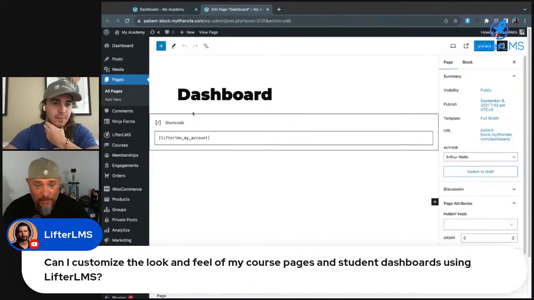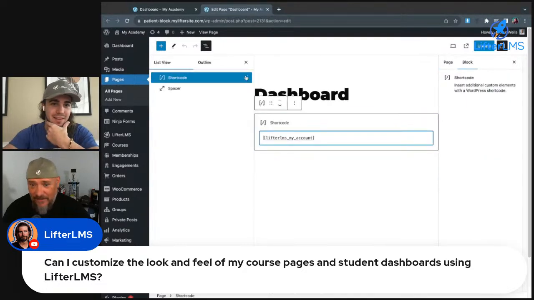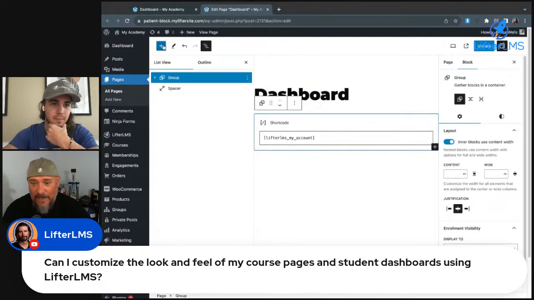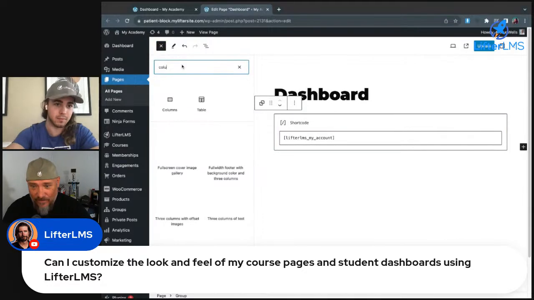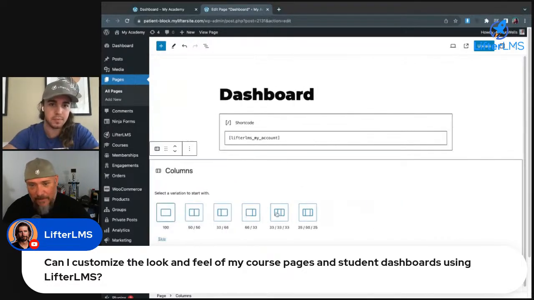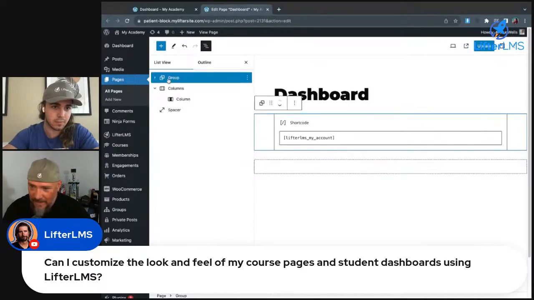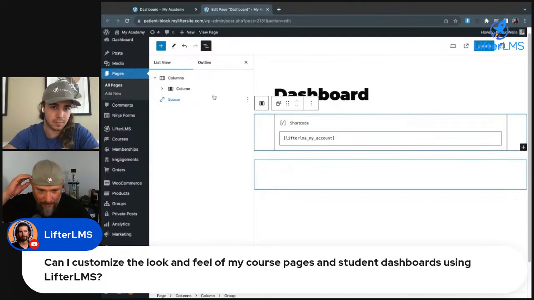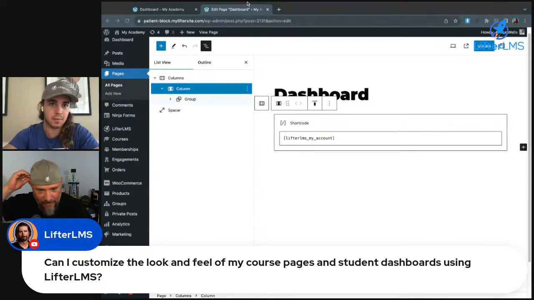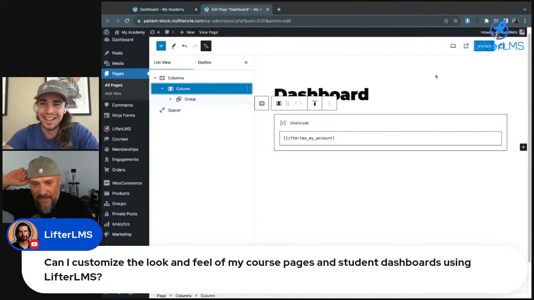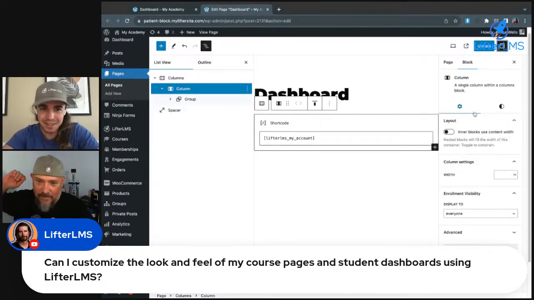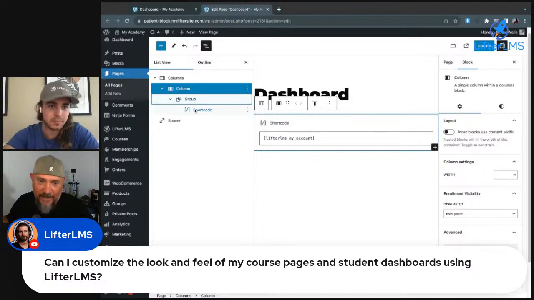But to your point, Will, and I think you said this really well, define what customization is, right? Because so many people are like, oh, I want to customize my dashboard. And I instantly have a little bit of a, what do they call it when the blood vessel in your brain goes and you die? Oh, aneurysm. Right, yeah. I have a little aneurysm that happens. And then I find out, oh, they just want to change the color of the button from blue to orange or something. And I'm like, oh, well, why didn't you say so?